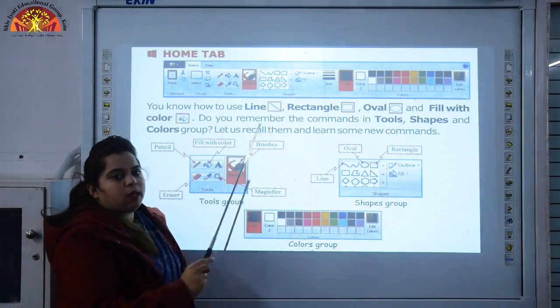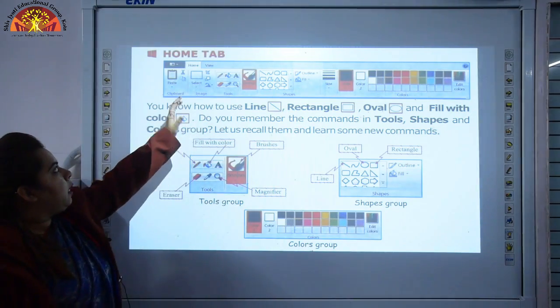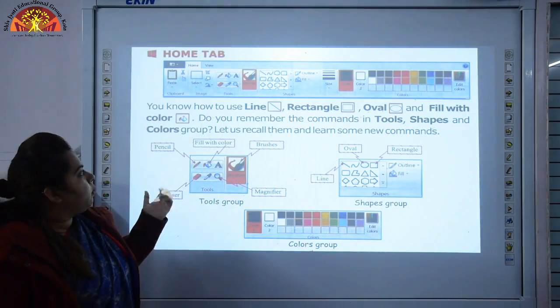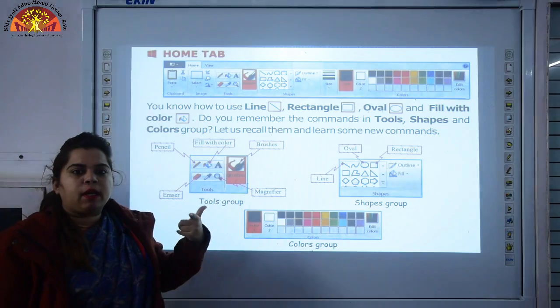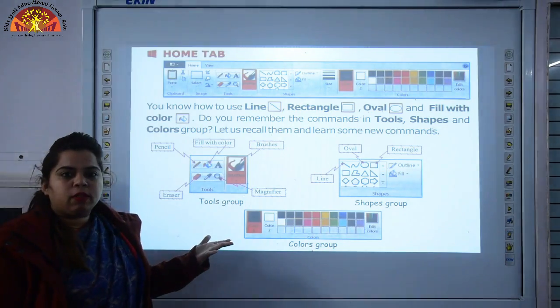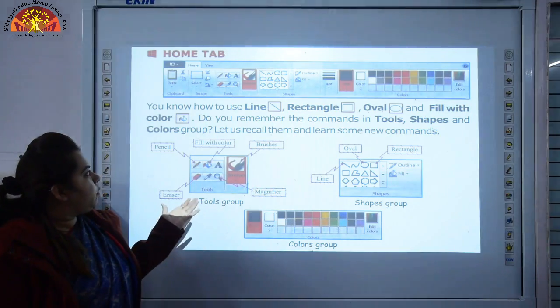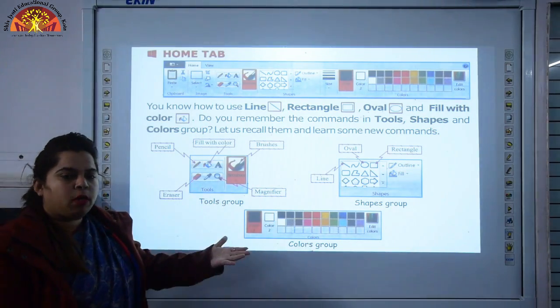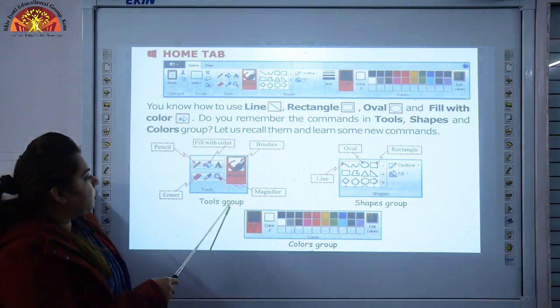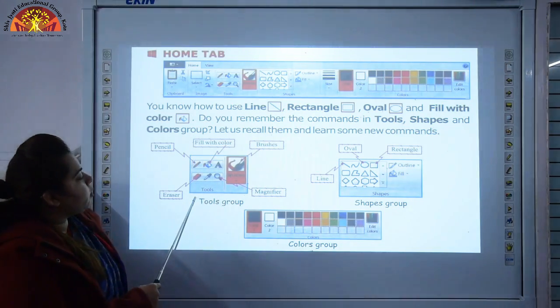Children, these all are commands in ribbon, that is in home tab, and some commands like line, rectangle, oval and fill with color. These are different commands in tools, in shapes, and today we are going to learn about more commands. Just see, this is known as tools group.